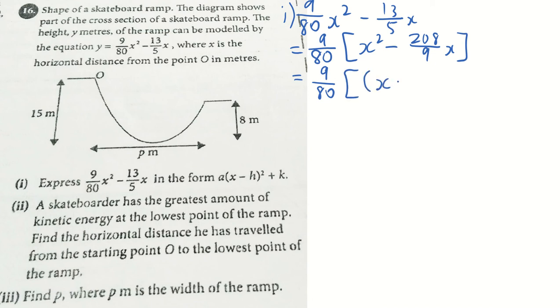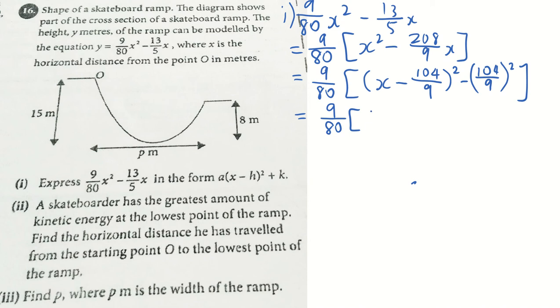Open bracket, x minus half of 208/9, that will be 104/9, and then we have a square. Then always subtract whatever that we place inside the bracket, 104/9 squared. Then close bracket. From here we will simplify further. 9/80 bracket, another bracket there, x minus 104/9, whole thing squared, minus,